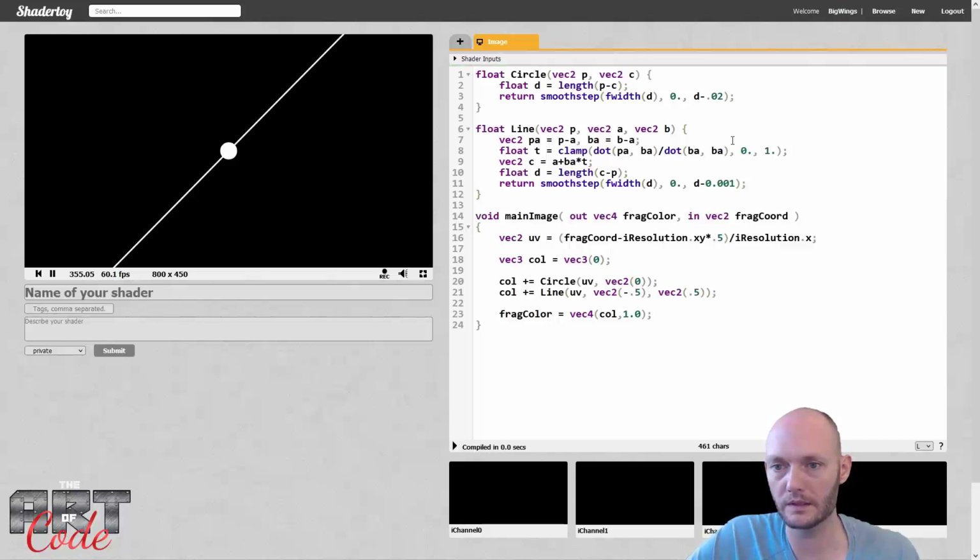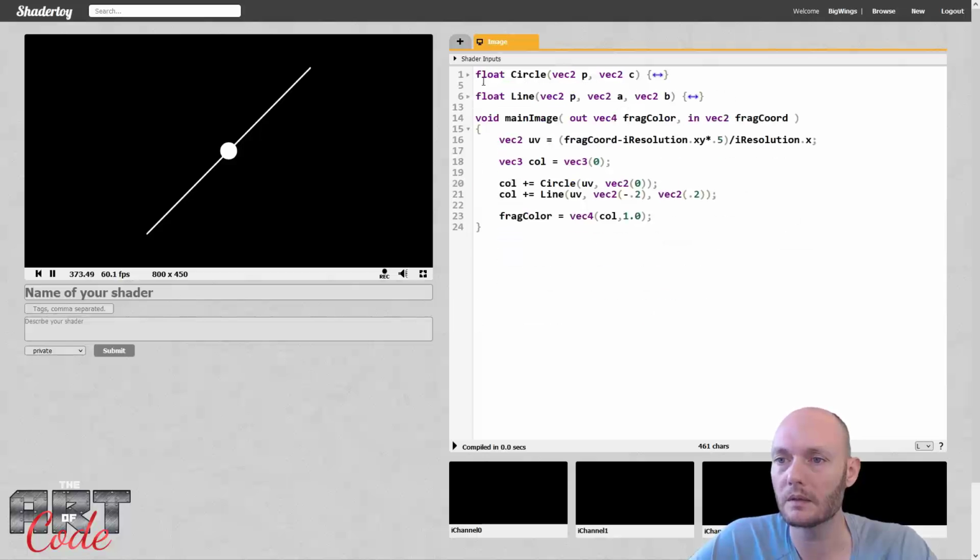Okay, so that creates me a line. I just have to make sure that that's actually a line segment and not a line. So let me just make this a bit smaller. Okay, so there you have a line as well. All right, great. All right, so now let me just make these a little bit smaller. And